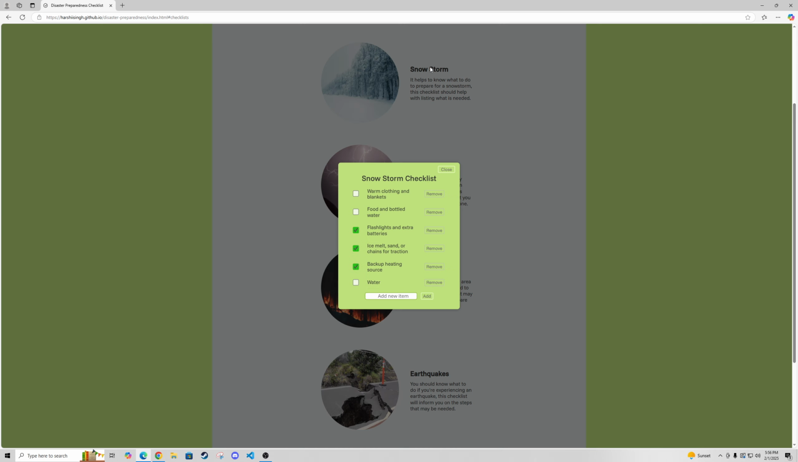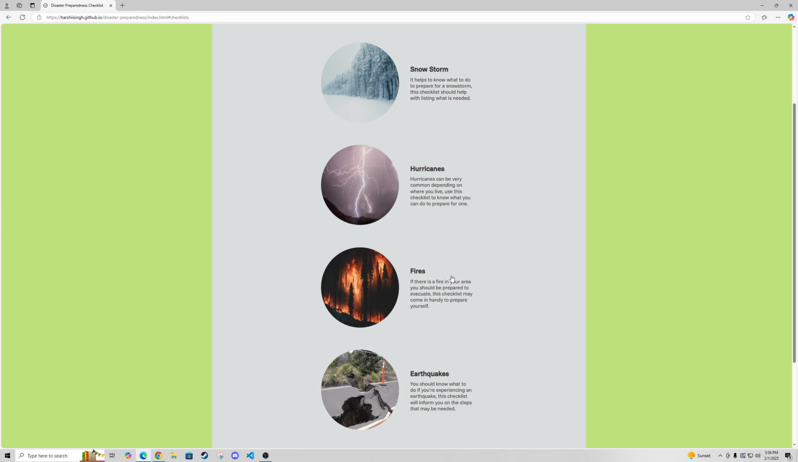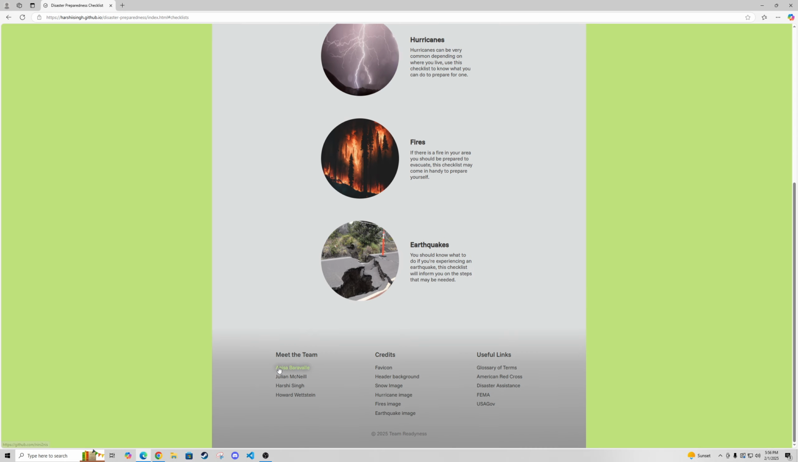The button also works for the title. It also leads to the same thing. And to continue on, as I mentioned previously, the footer leads to the GitHub pages for the 4 people that worked on the project. The credits page links the sources for every image that we used in this project, and the useful links